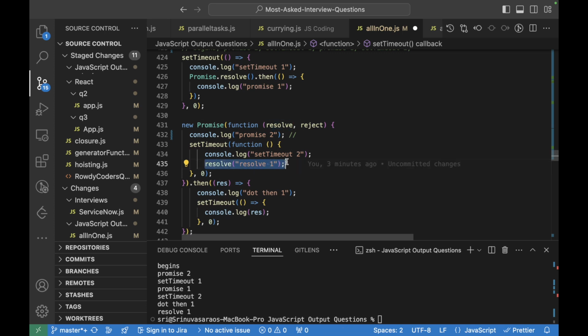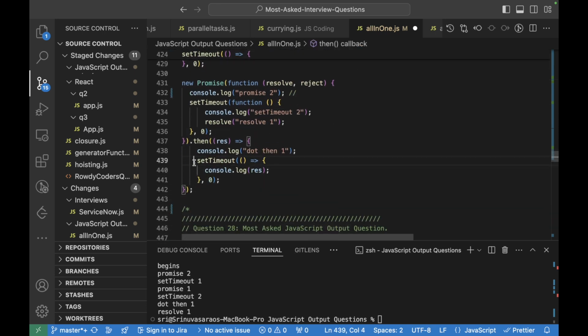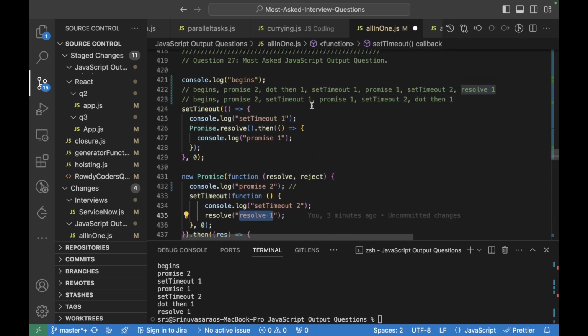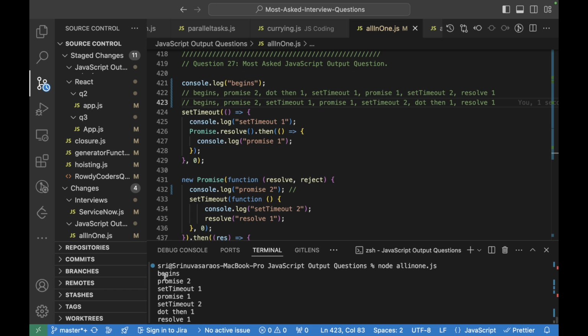Once after resolving, it will come to this then with this resolved value, and now this will be logged. After that we have this setTimeout, in which we have the result, which is the resolve one, and this resolve will be logged at the end. So this is the output, and let's compare this.